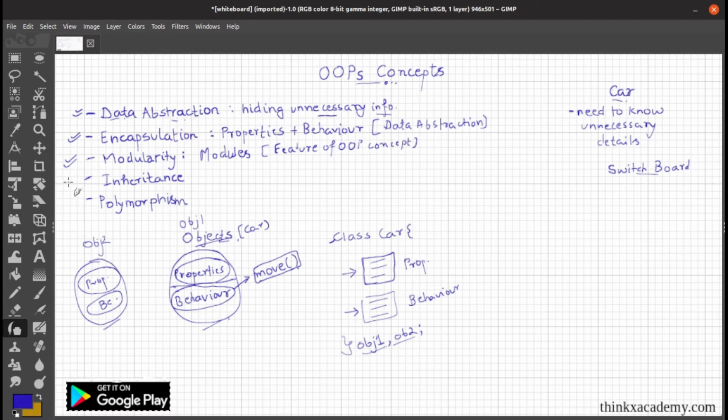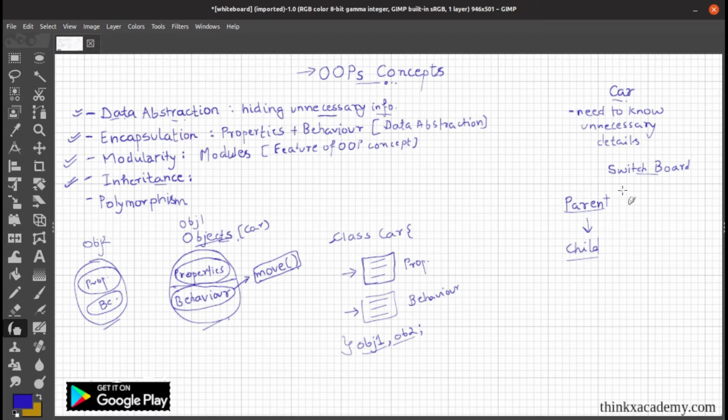The next one that we're going to discuss is inheritance, and we also have a separate tutorial for inheritance. In that tutorial we will learn how to implement inheritance. Here we will just define what exactly inheritance is, and we will discuss the concept of inheritance and how it provides features to object oriented programming. So you can see that if there is a parent and the parent has a child,